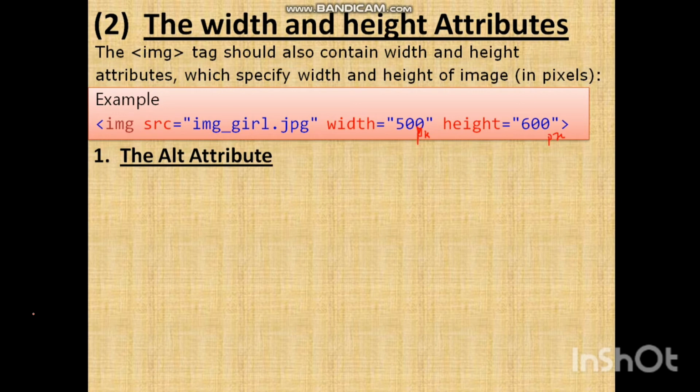Example, see what happens if we try to display an image that does not exist. img src image type.jpg, alt girl with a jacket. So what happened here is that